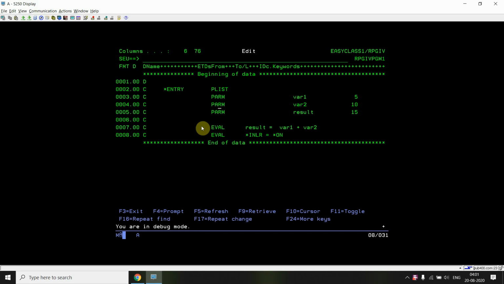Now you can see that here also it is the same program, but here I'm using the EVAL opcode, which I cannot use in RPG3.